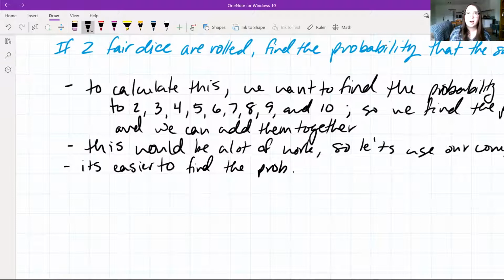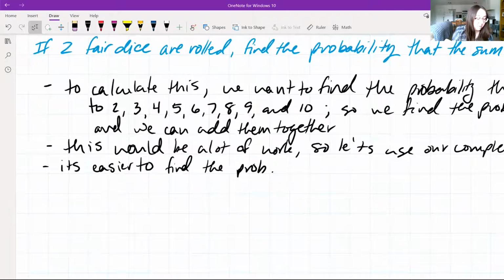I'm going to write prob instead of probability. Just know in the future if I write prob, that means probability. So it's easier to find the probability of the complement,